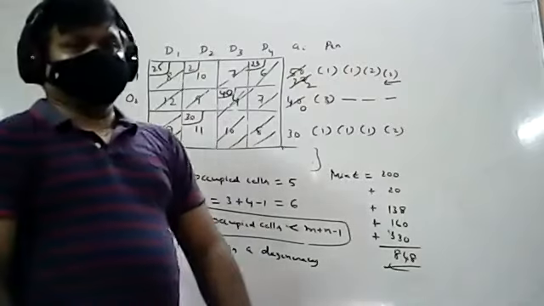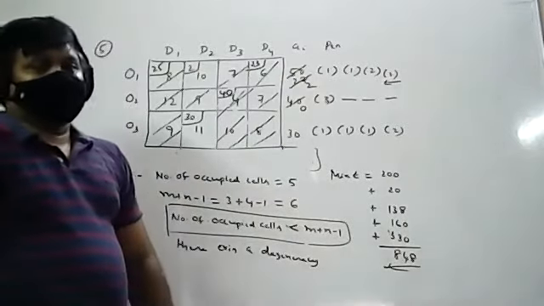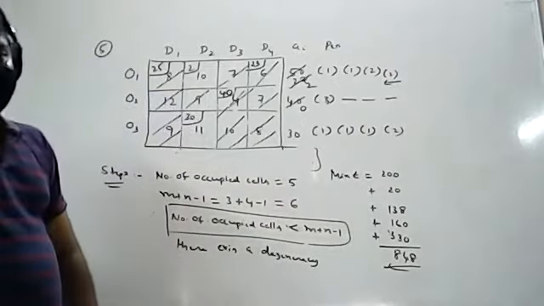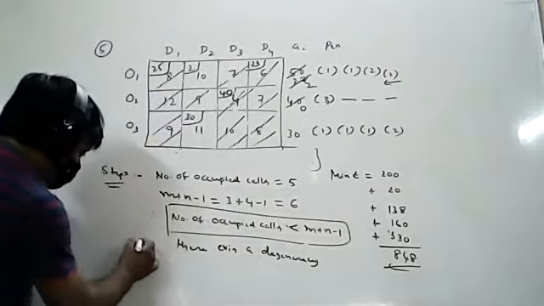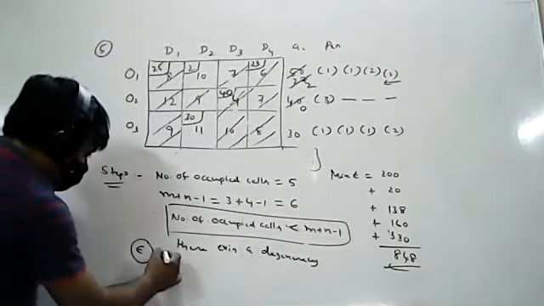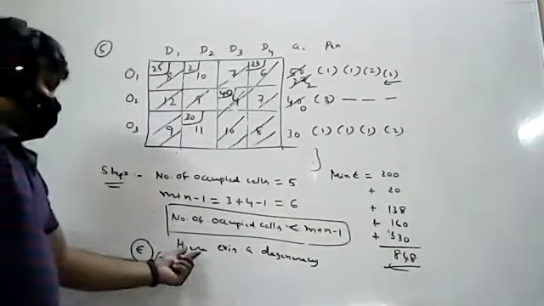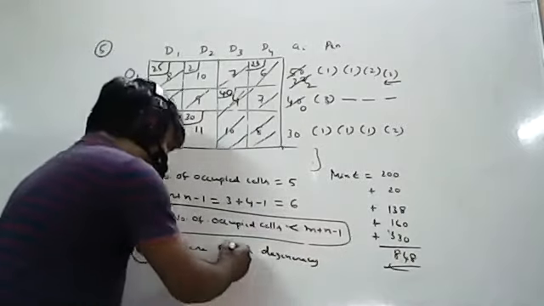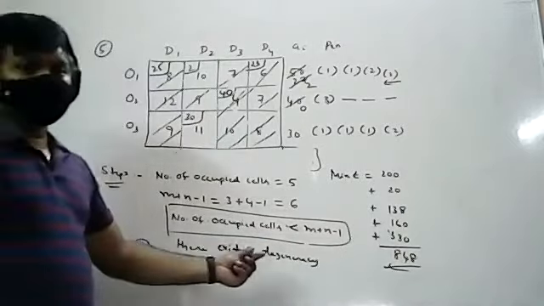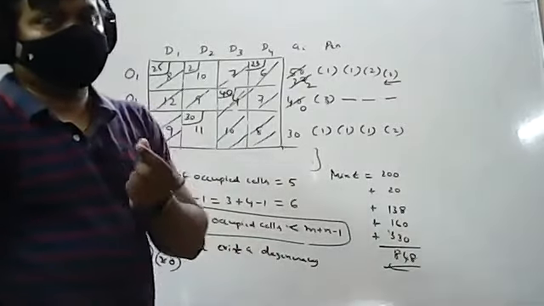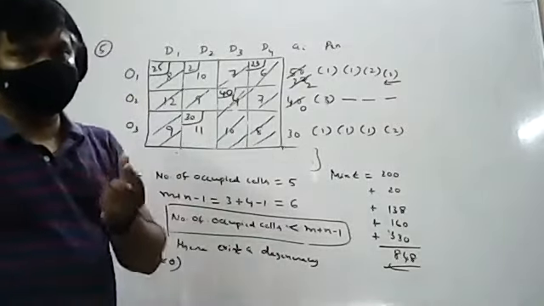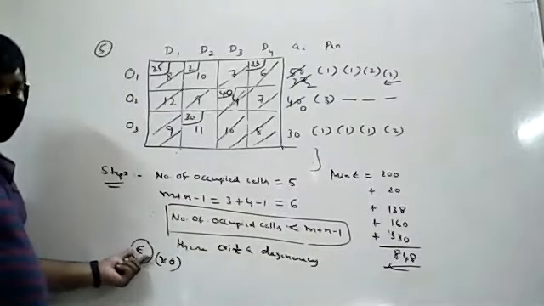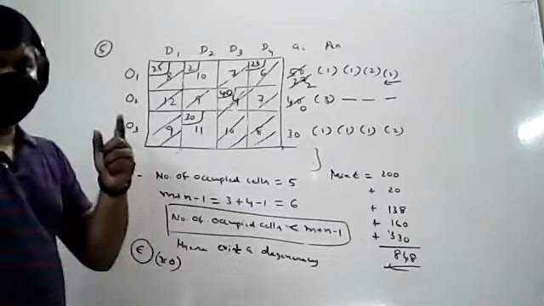To resolve the degeneracy, identify a suitable independent position and assign a very small positive value epsilon, which is equivalent to 0. If the number of occupied cells is less than m plus n minus 1, there exists a degeneracy. Then choose a suitable independent cell from all the unoccupied cells, probably considering the minimum element, and assign a very small positive value epsilon, which is equivalent to 0, to that independent cell.